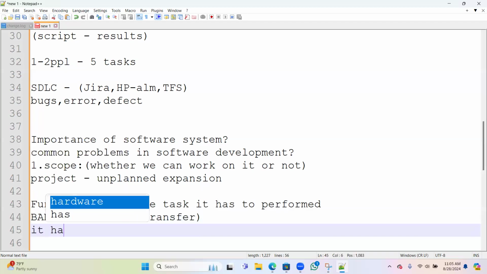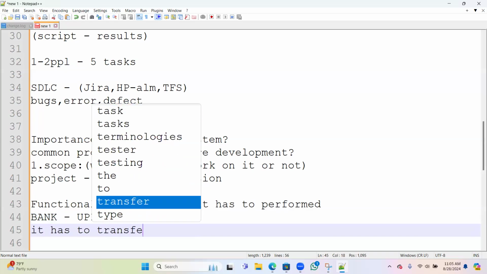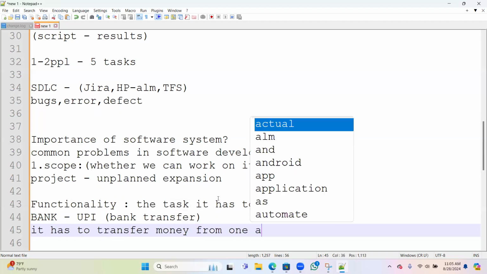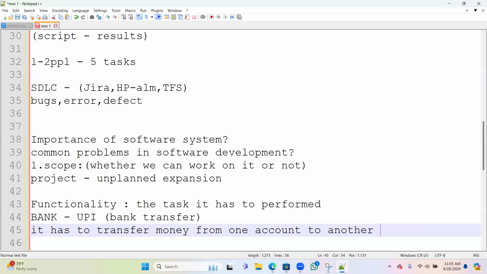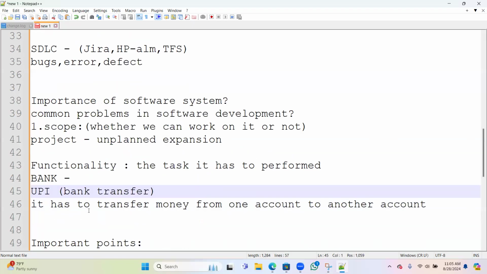It has to transfer money from one account to another account. So whenever you send maybe 10 or 20 rupees to any person or another bank, it has to send the money. If it is not sending, that means it has some issue. So that is a functionality. If I give some task, whether it is able to perform it or not, we call it functionality.